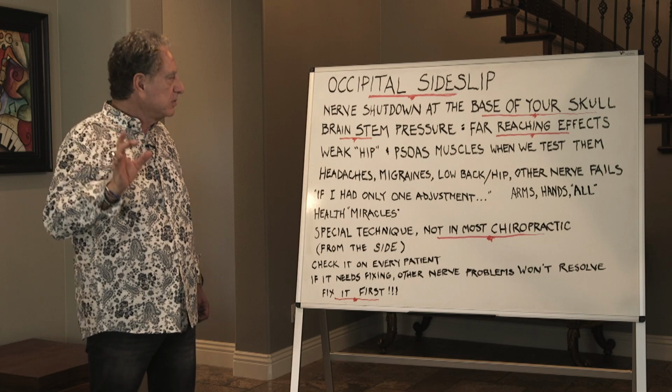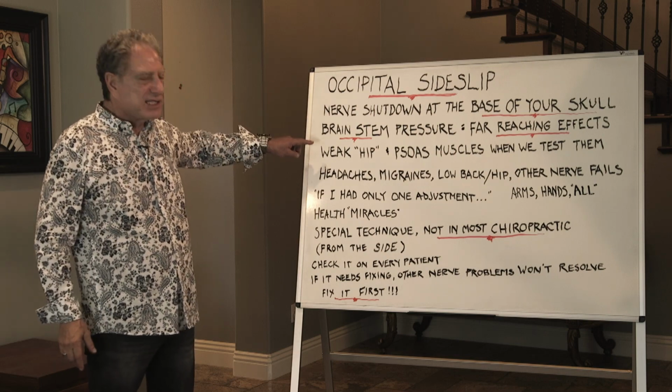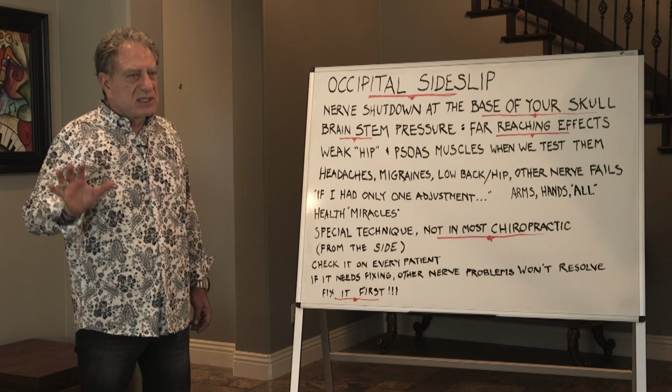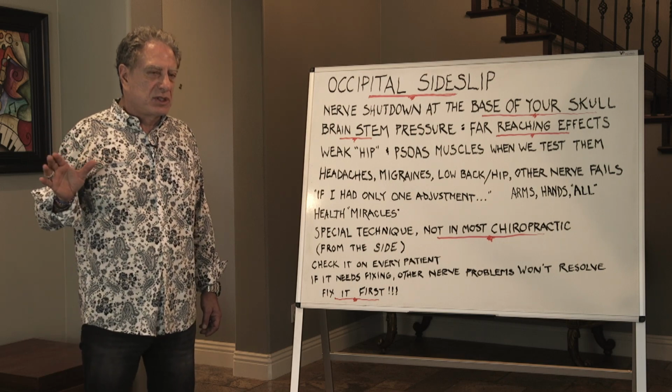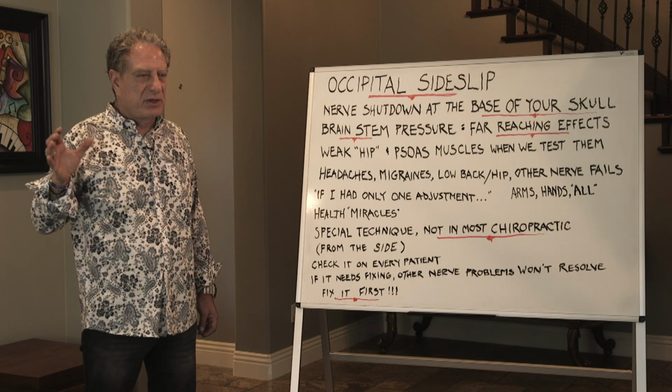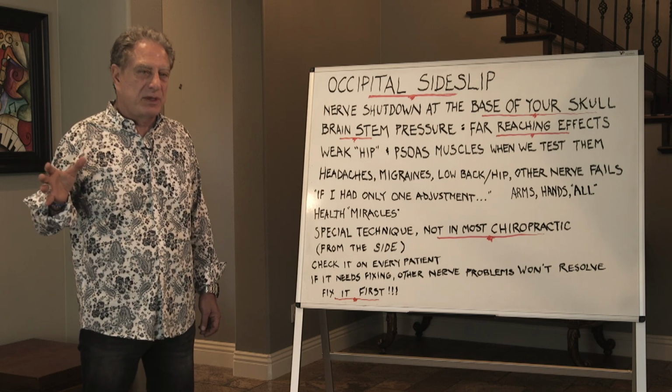When the occipital side slip is present, it has to be fixed because it affects things all the way down to the toes, and we actually test it through the hips. If you can imagine the short circuit up here, we find the proof of it right down in the hip system. This is an incredibly important adjustment, an incredibly important tool in my toolkit, and if I had only one tool, this would be the one I'd pick, because it has helped resolve so many different kinds of nerve problems,